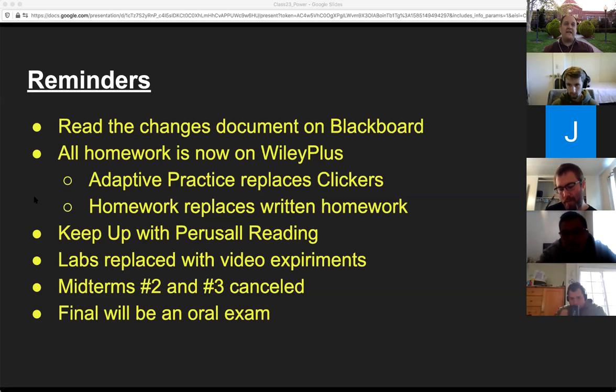The last point I'll say is that the last basic principle here is that we can't lower our standards for this class. 204A is foundational to most of your majors, and a lot of the courses you're going to take in the future, whether that's 204B or your statics class or whatever's coming down the pipe for you.